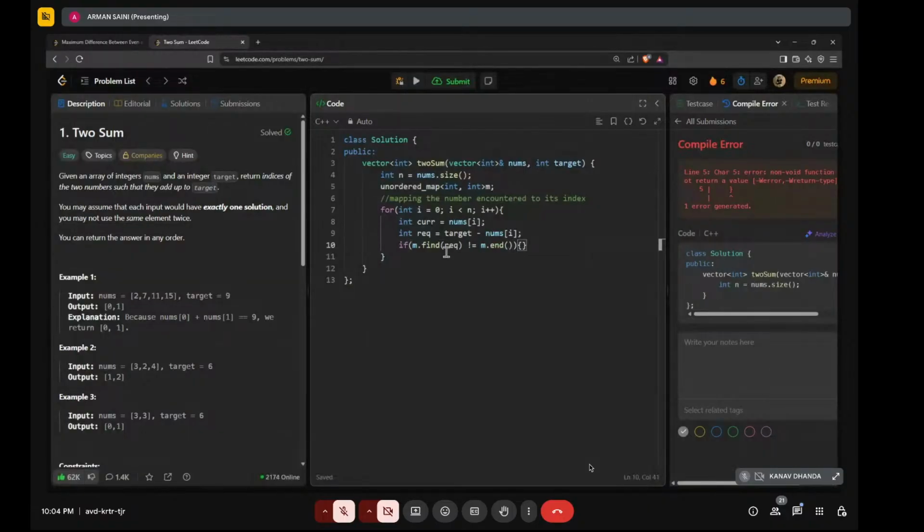So what this says is, if you try to find something from this map and it does not point to the end, that means it is present inside. If something points to the end, it means it is not present in the map. So this statement says that whatever I'm trying to find, this required, if that does not point to the end, that means it exists in the map. So I can simply say